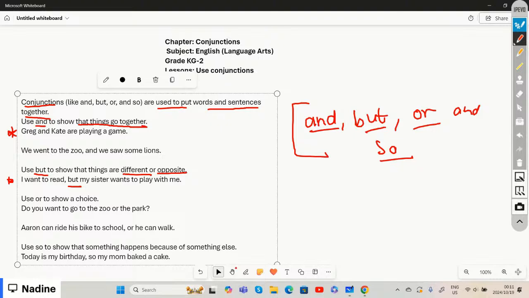So we use but once again to show that things are either different or that things are opposite, right? That is where we use but. But now we use or. So far we use and, but, and now we are using or. We use or to show a choice. It's either this or it's that, right? It shows a choice. And if we look at an example,